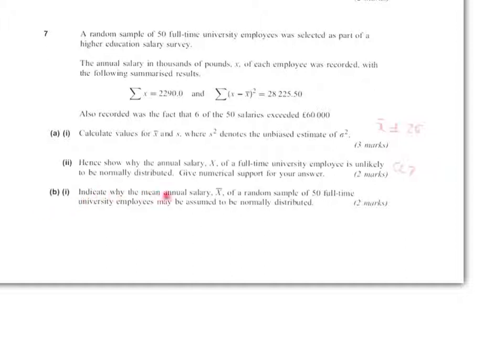However, in B part 1, the reason you're still able to construct a confidence interval, which is based on x bar, is because even though the population for university employee salary